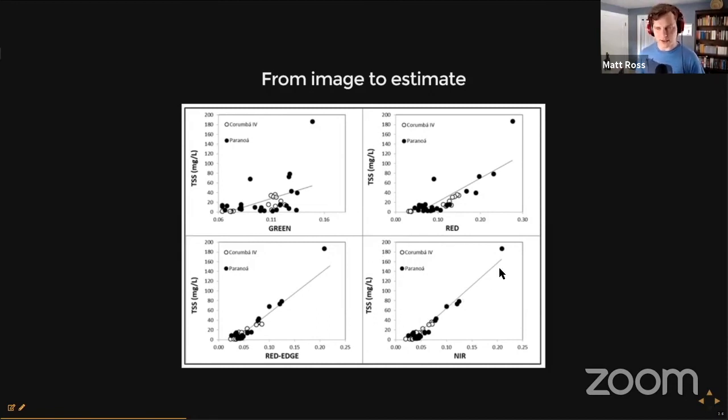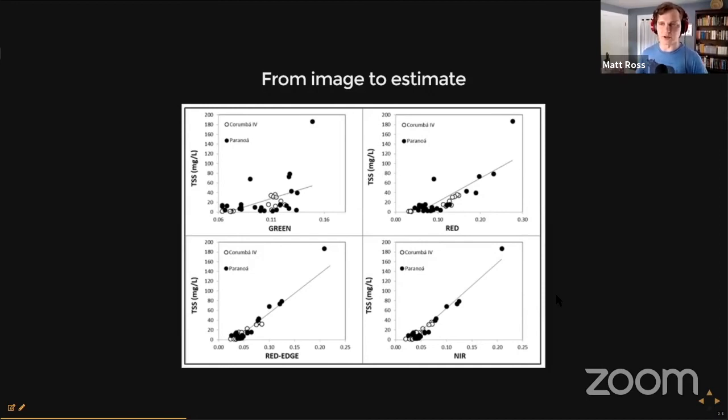That's a common approach that's been used for a long time in remote sensing: local empirical. You go out, you measure a bunch of samples, you have a satellite or a drone pass over, and you do some local algorithm, just as simple as this: near infrared predicts TSS with very high accuracy in this case. But that doesn't work when you scale it up. To go global, we know that different basins have different sediment concentrations and different clay content, and that's going to change this relationship a bunch.